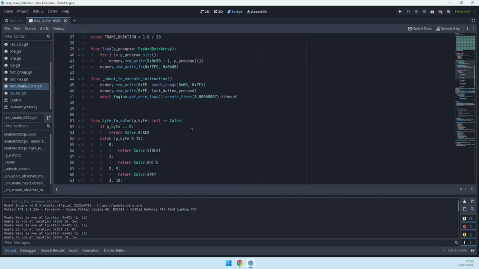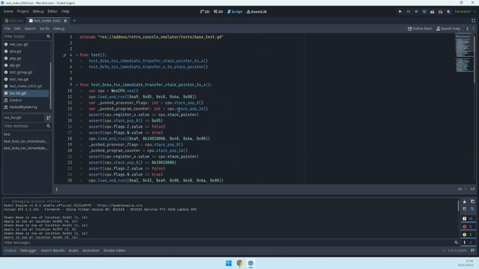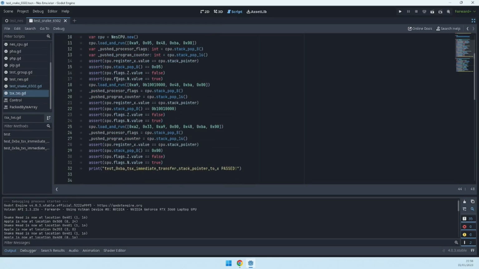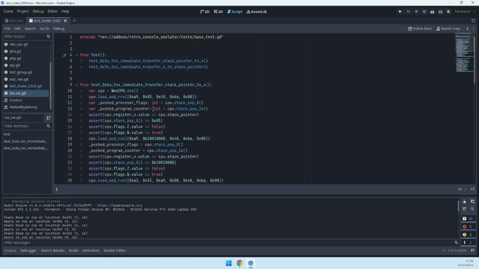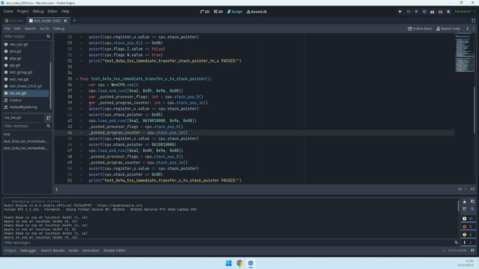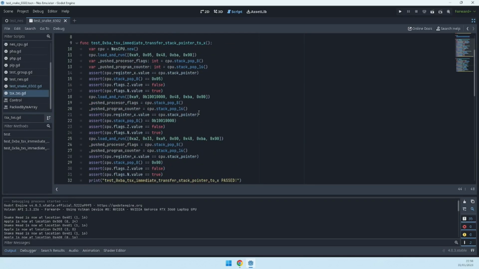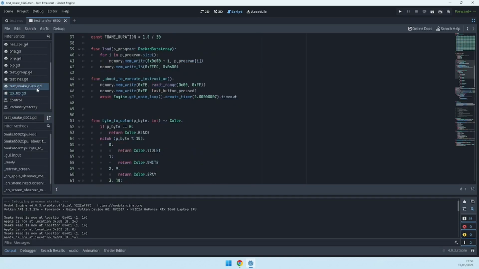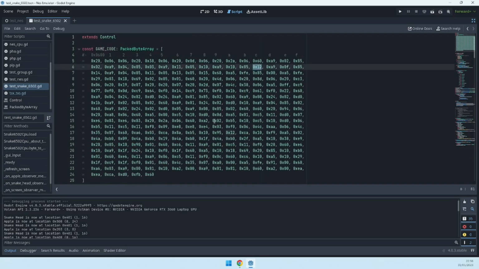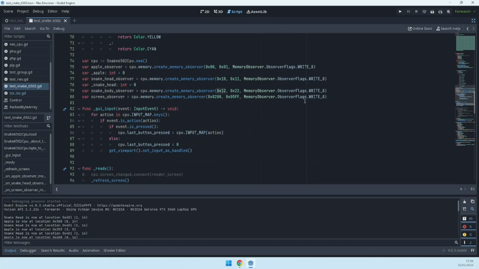So we have been reading the first writes of the memory. So we can check all of them at the same time. We can observe all the first